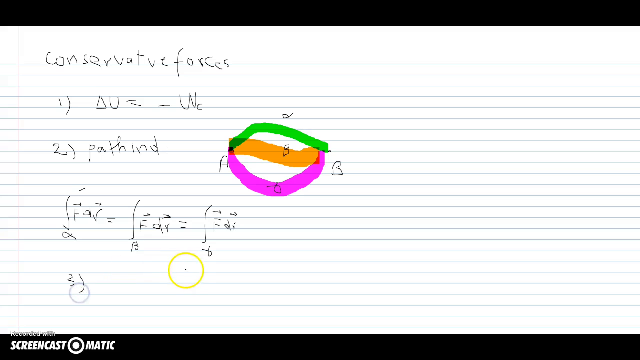What is the work of a conservative force on a closed path? That means this is A and this is B. And I go this way, that is path alpha, and I come back